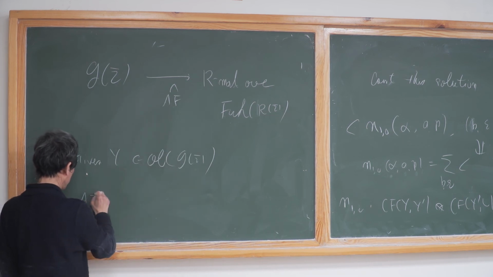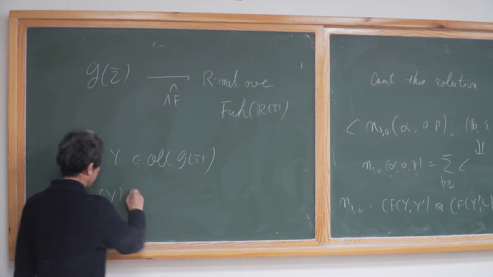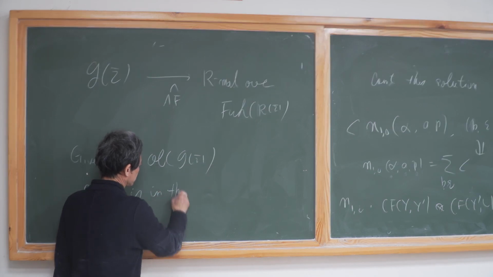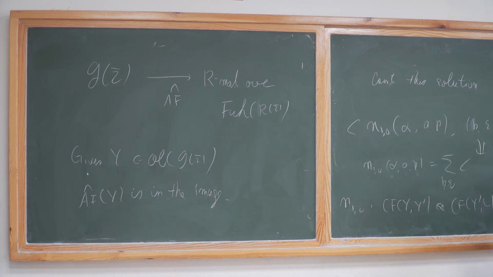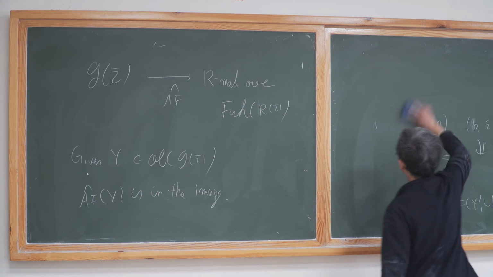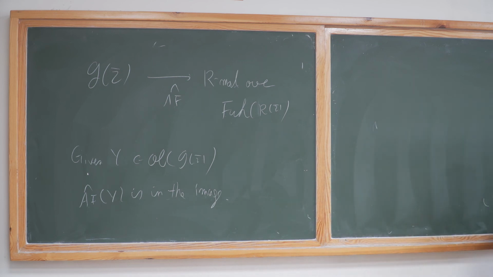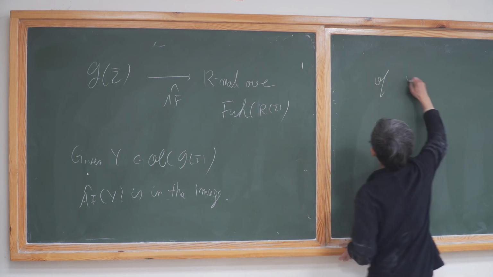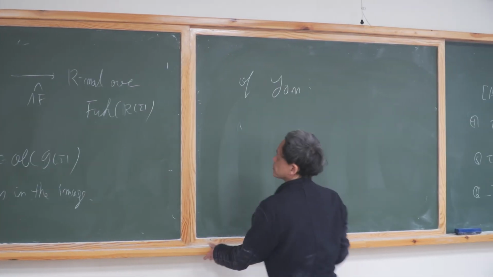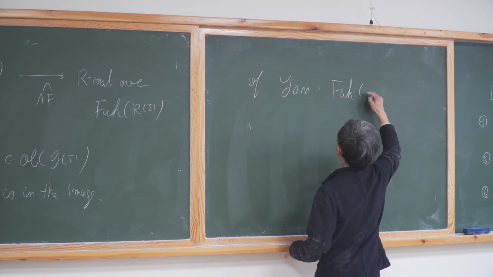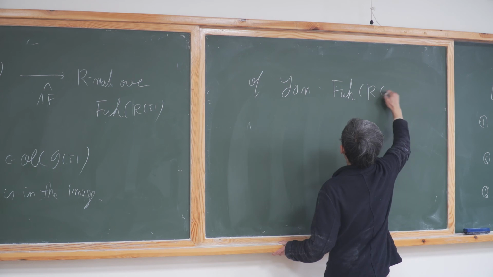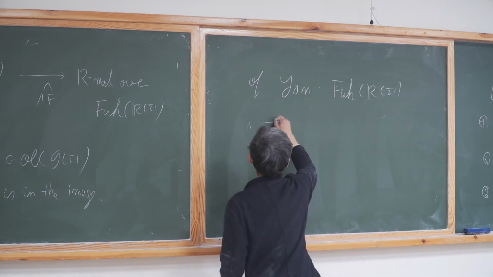Then the Atiyah-Floer hat of Y is in the image of this Yoneda embedding. The Yoneda embedding goes from this guy to